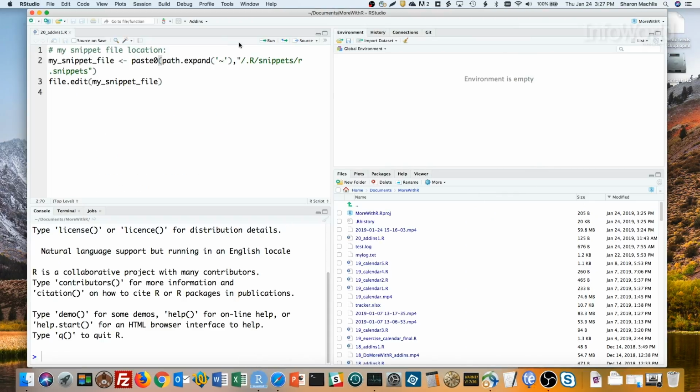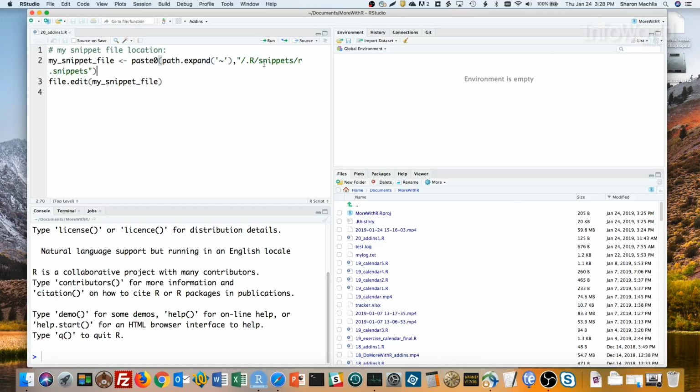My home directory, then folder .R, then subfolder snippets, and the file is r.snippets. I can open that file for editing with the usethis package's edit_rstudio_snippets function, or by going several layers deep in the RStudio menu, or by running this code in the console. But let's see how to make an add-in to do the same thing.